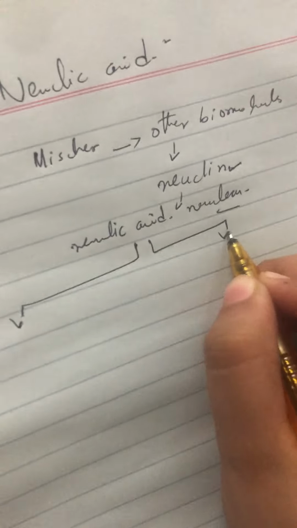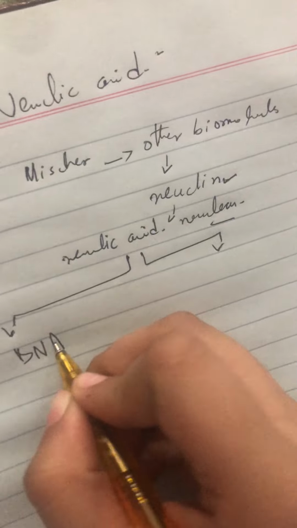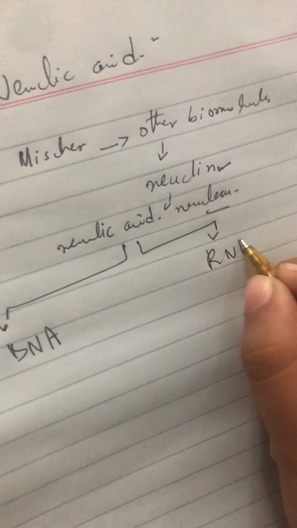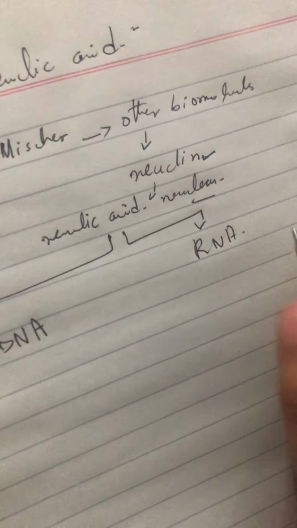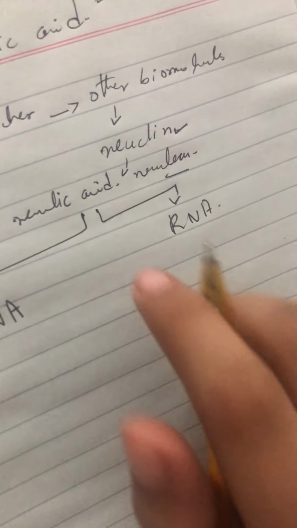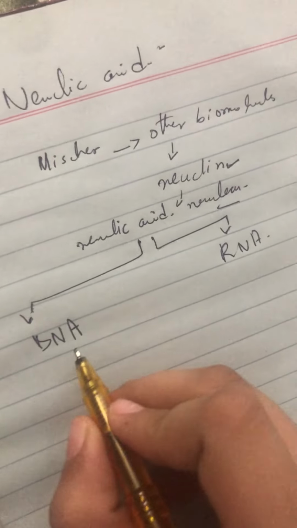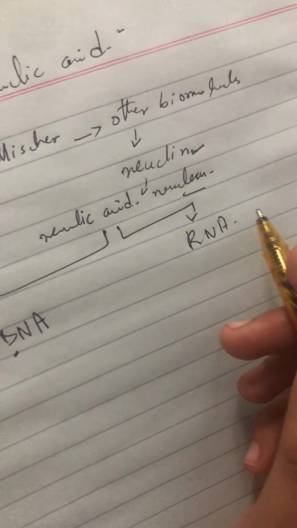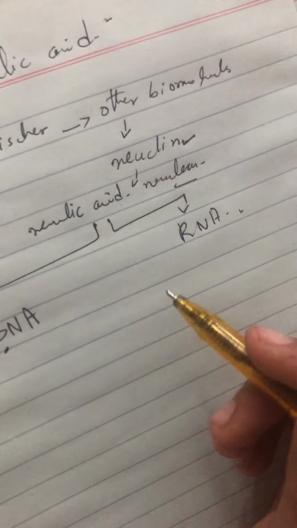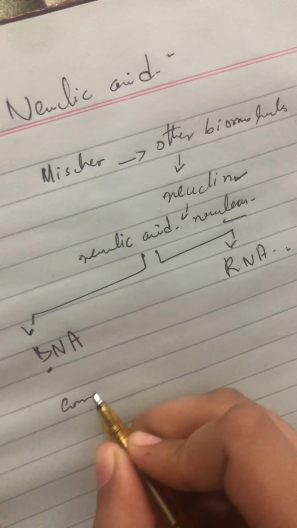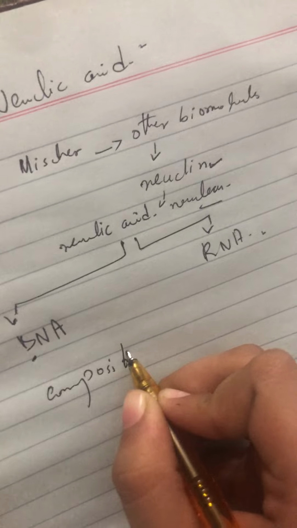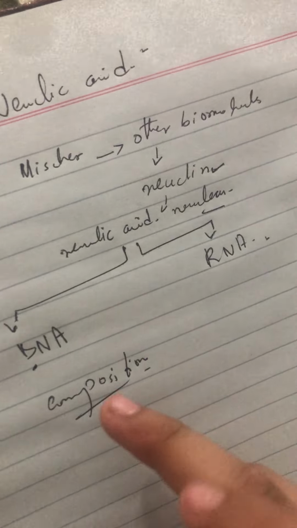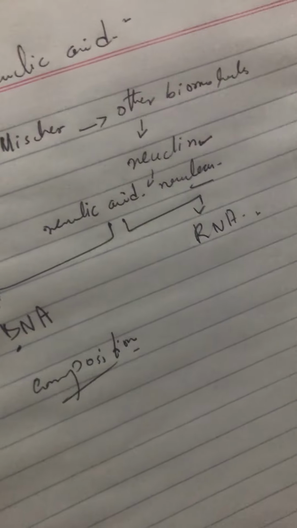Now nucleic acid is basically classified into two types. Number one is DNA and another is RNA. If we talk about the composition of these, first of all, DNA stands for deoxyribonucleic acid and RNA stands for ribonucleic acid. If we talk about the composition of the DNA and RNA,